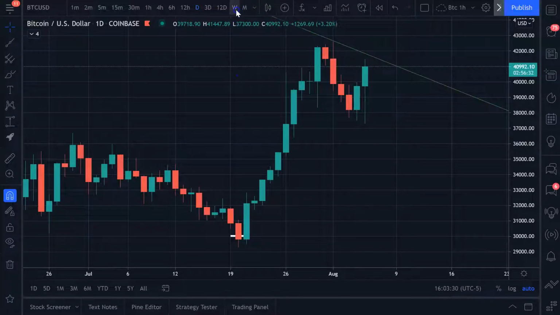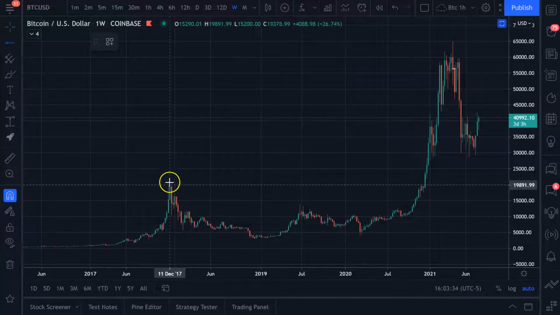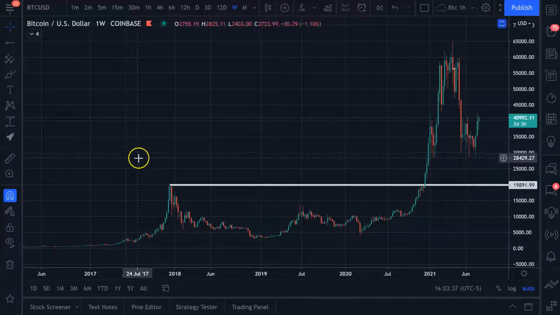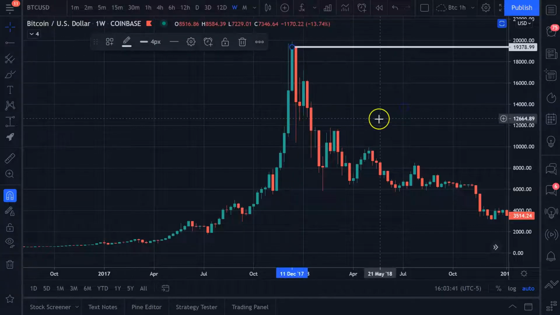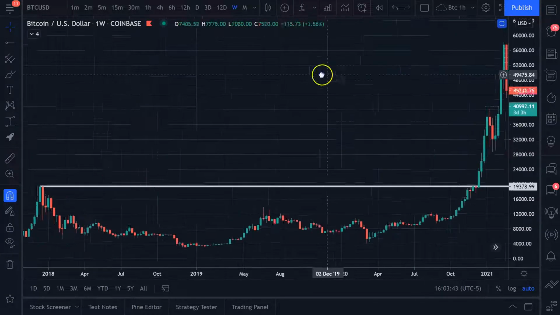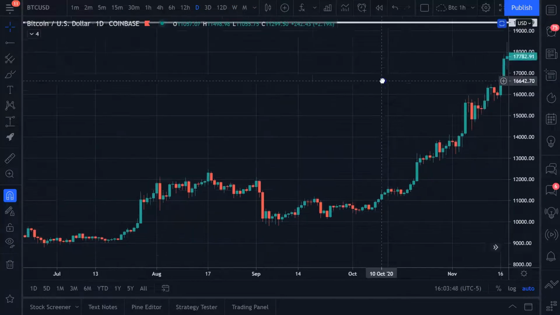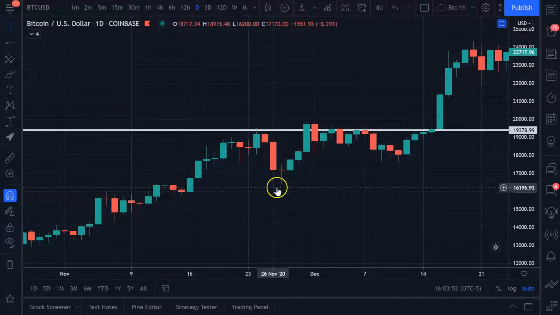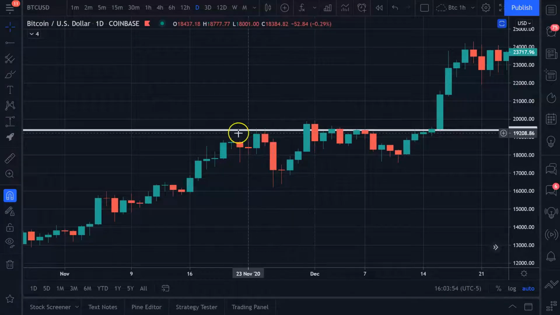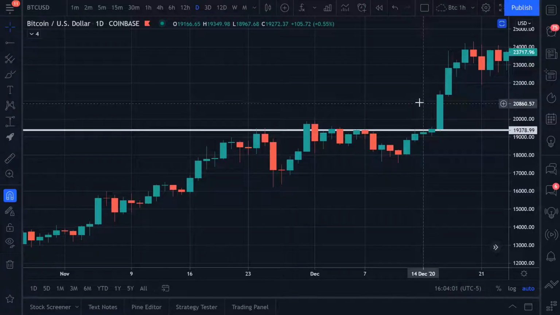For example, if we look at this on a weekly chart real quick, watch this. When it got to the all-time high, right? Watch. Highest close in weekly history at that point was 19.3K. If we zoom into a daily chart, watch what happened when it got to 19.3K. See it? Came up, tapped it, was rejected off of it, came up again, consolidated underneath it, built up the momentum and strength it needed, and then blasted through that. So that's very, very typical market behavior.